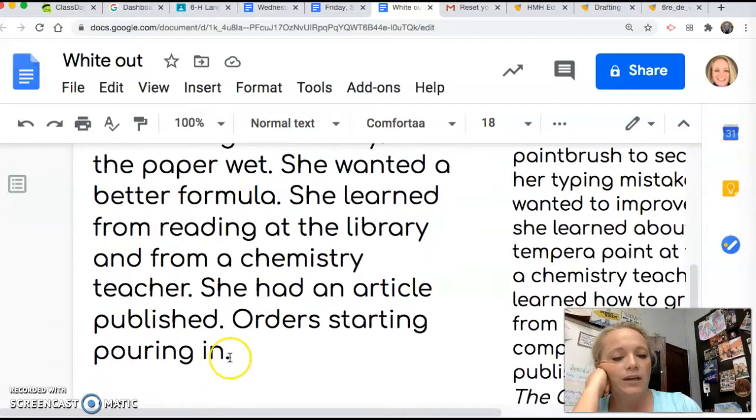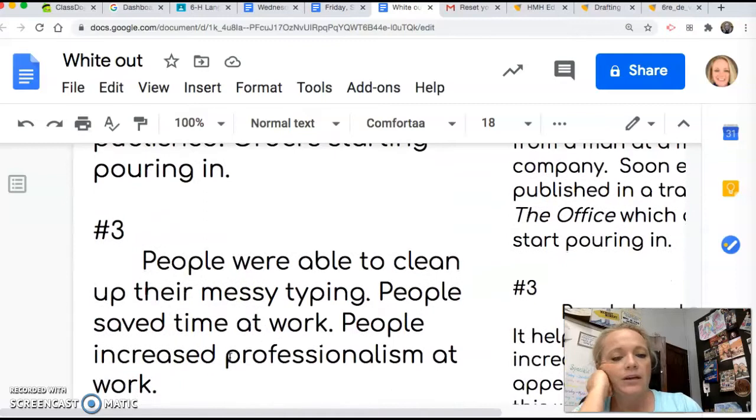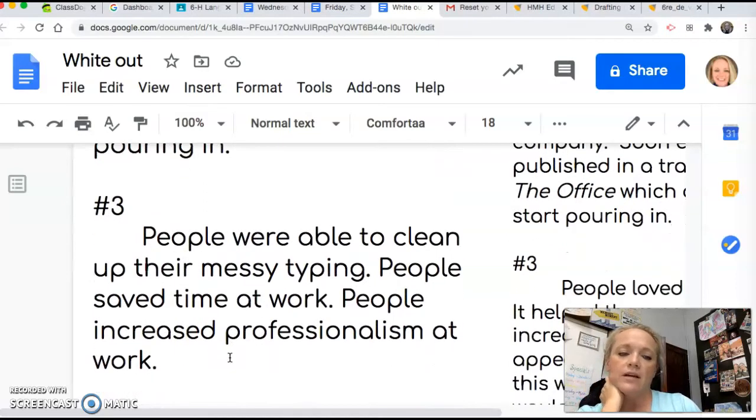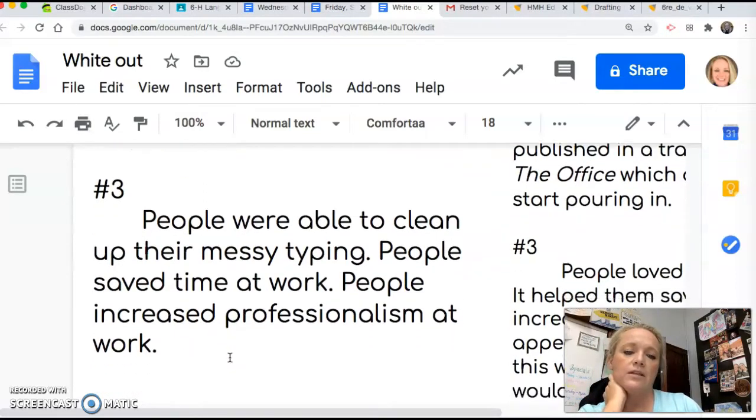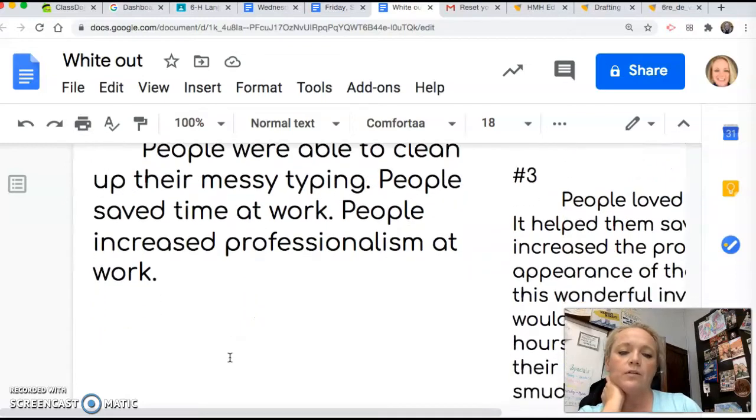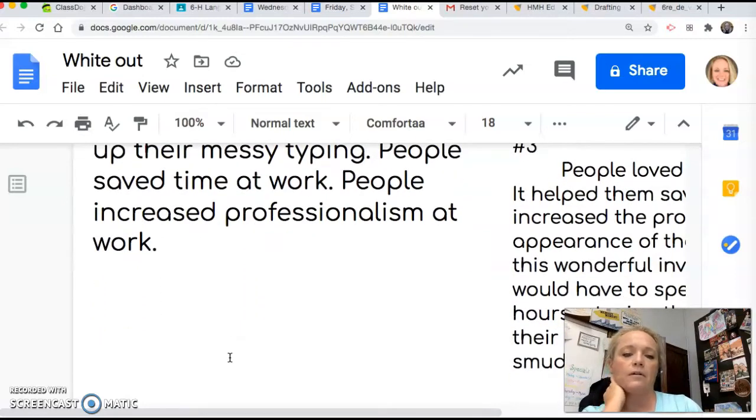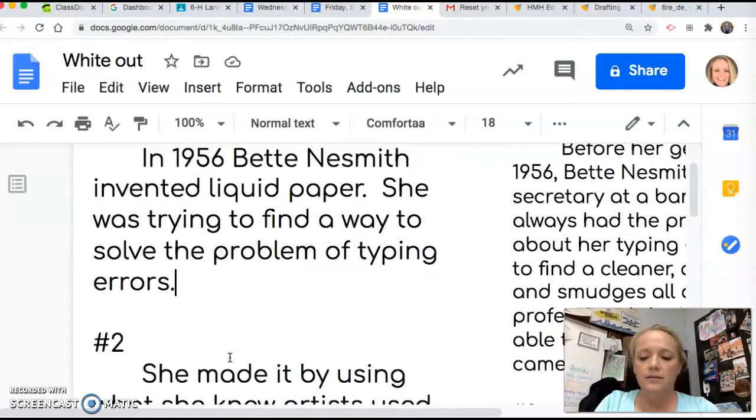Orders started pouring in. In paragraph 3, people were able to clean up their messy typing. People saved time at work. People increased professionalism at work. So what I have done